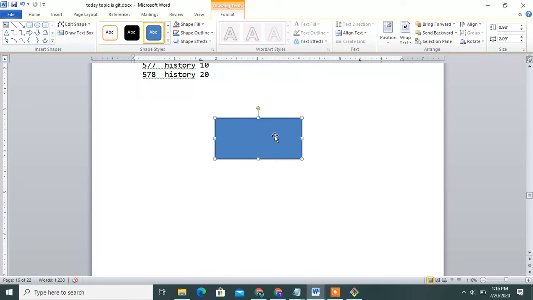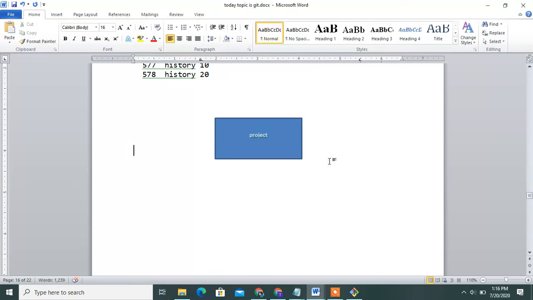This is one project. In this project you can create a number of files and folders. Then you can add the files and commit the files and push to the central repository. Once you push this, for any modification you can use the pull command also. You already know the pull command. That stores changes in the working directory.